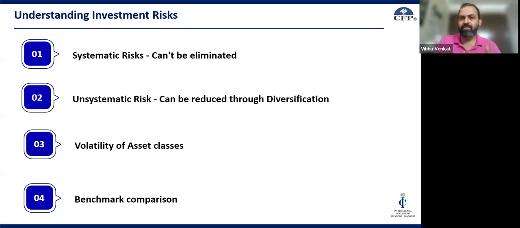So likewise, systematic risk is something when you invest in market, everyone becomes conscious of this risk. They understand that such a risk exists. Now, when COVID happened in 2020, could anyone even guess what was COVID? We did not even know what was COVID, right? So likewise, it affected the entire market. This systematic risk is something